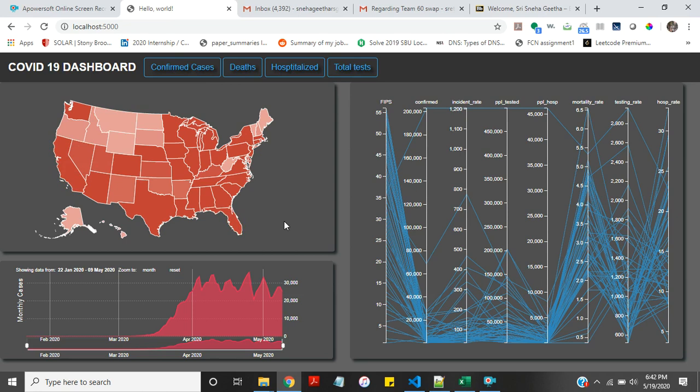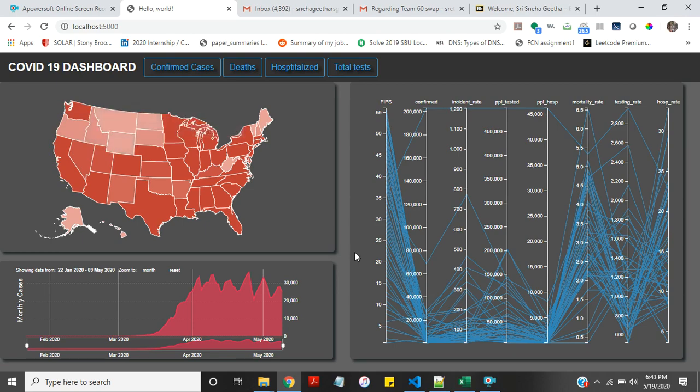So over here we have taken our data from the New York Times GitHub repository, and it's pretty much up to date since it has data from Jan to mid-May. So here we see a geographical map of the US, and upon hovering on that map, we see the total number of cases for each state that have been recorded within this time period. Here we see the total number of cases for each state.